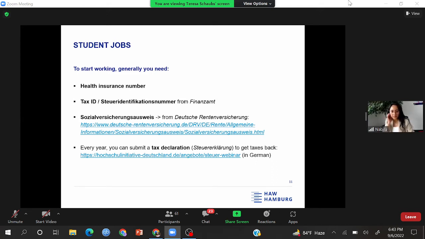Okay, but with the 6 months visa, do you already have the Arbeitserlaubnis? I have no idea. Because when you get the visa, you have a kind of paper like the card, the green card, where it says that you are allowed to work 120 hours full time or 240 for half time.